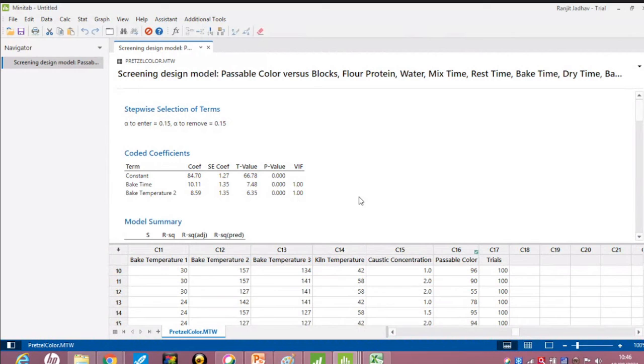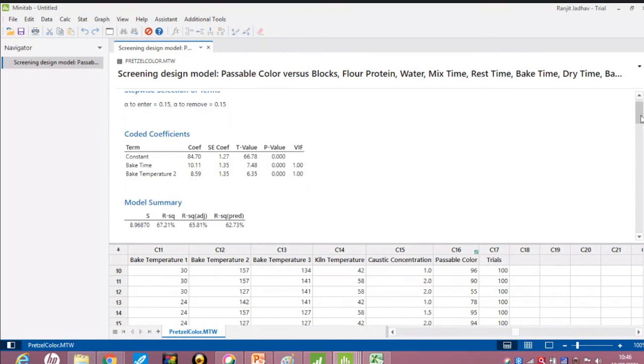Here bake time and bake temperature are significant, but block is not significant.